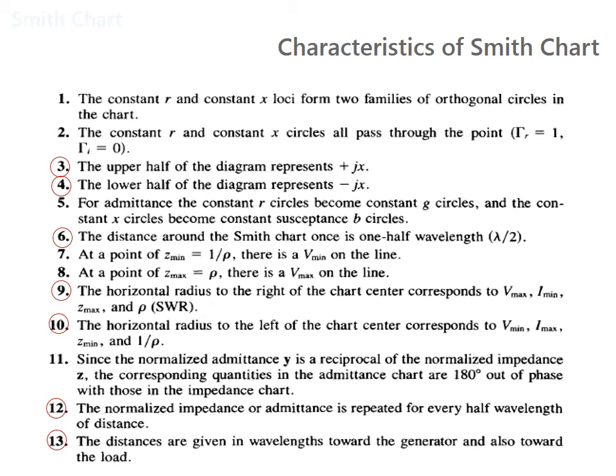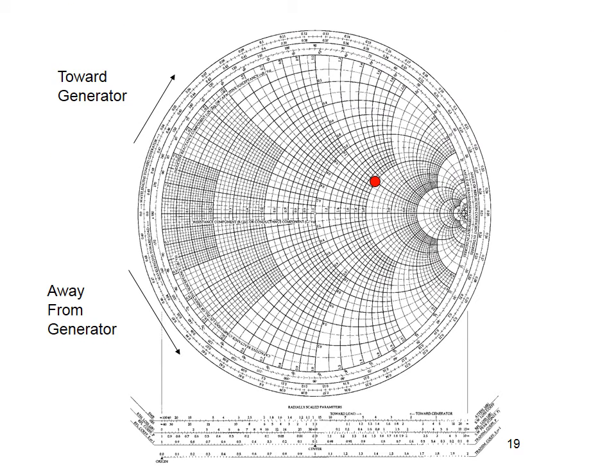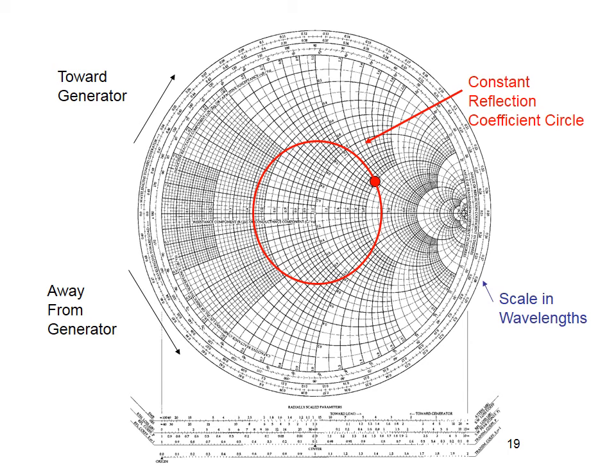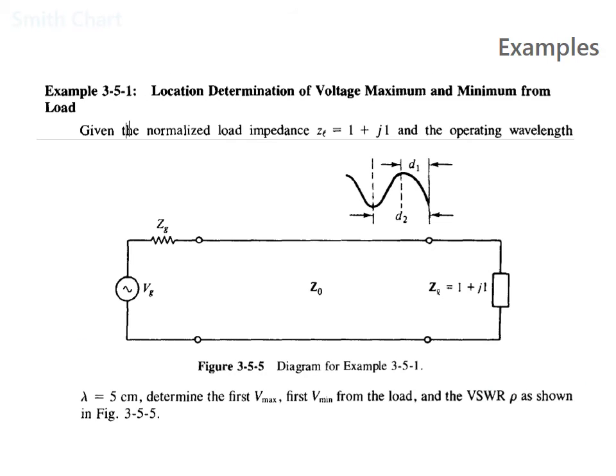You can find the impedance or normalized impedance along with the admittances. You can also easily find the distances in terms of wavelength, where one is the full wavelength. We have already observed how the constant reflection coefficient can be obtained, how the wavelength can be obtained, how this portion is the source portion and this portion is the load portion. This middle part is the entire distance between the source and the load, the entire transmission portion, and all the parameters are mentioned here.